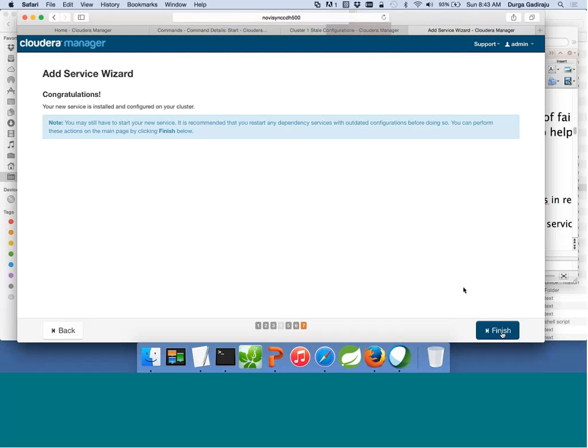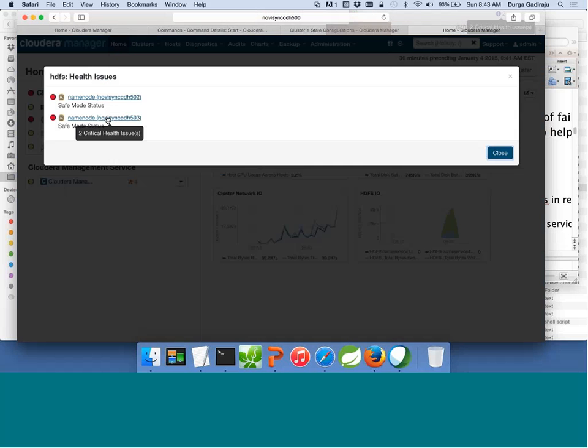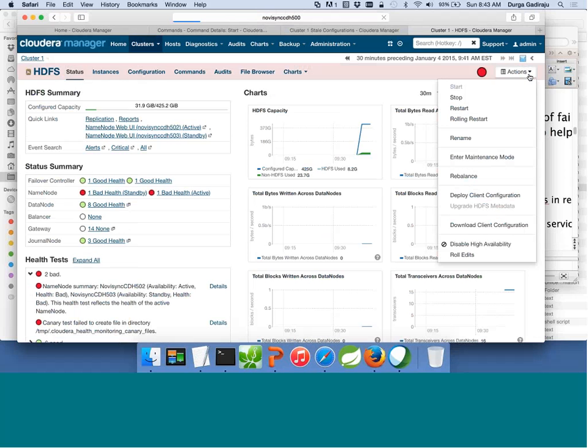So now click on continue, click on finish, and now everything is as expected, except that NameNode has again gone into safe mode. Let's make sure that